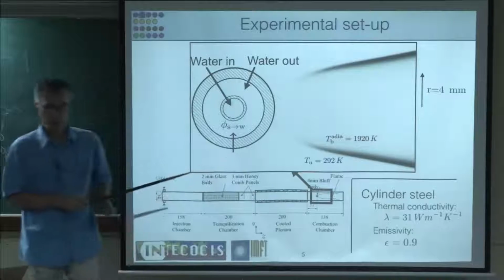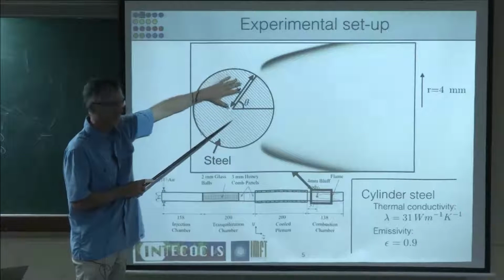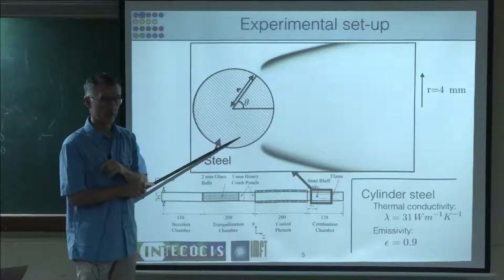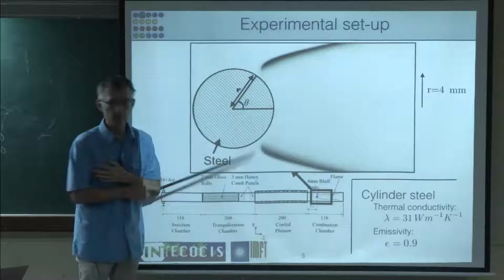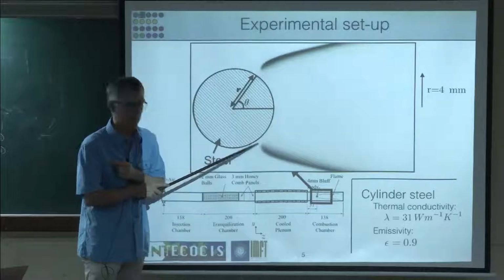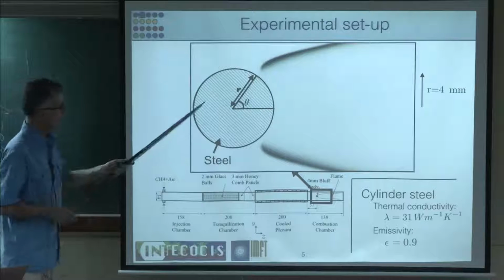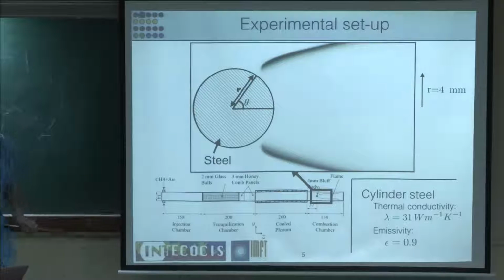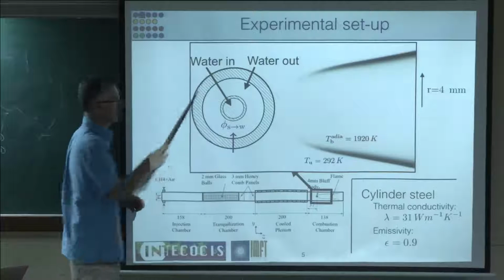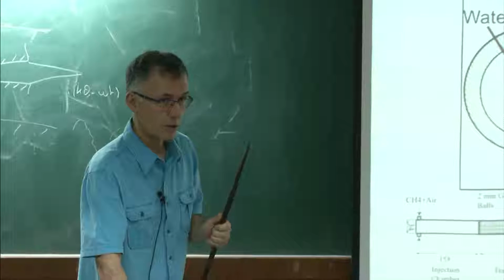So right away, between this case, which is cold, and this case now, which is uncooled, so which goes to high temperature, you see that the flame here is able to come much closer to this point. You can see actually here that there must be some flame-wall interaction. And when we compute the flux here, we find it's of the order of 0.3 times the power of the flame. So now we're going to compare this case, which is uncooled, with this case, which is cooled. Of course, the outside diameter is the same for both cases. Okay, we didn't change anything. So it's the same shape, same geometry.